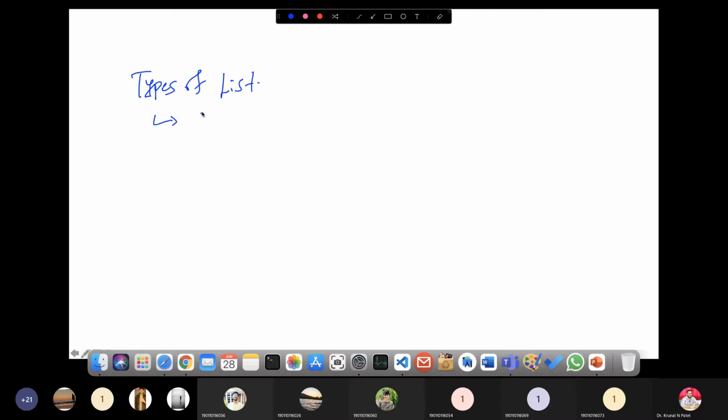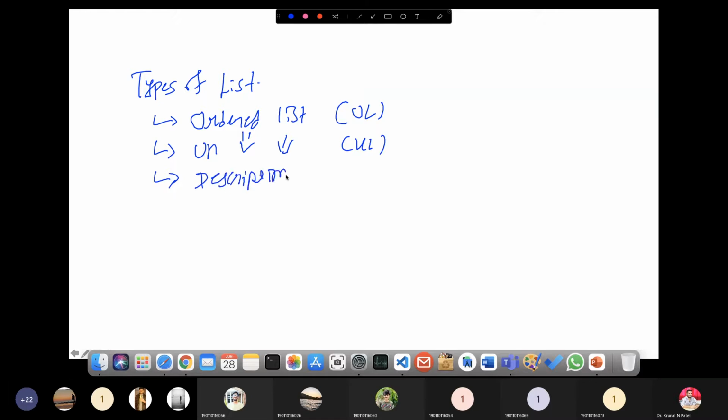We talked about the ordered list, denoted by OL, the unordered list, denoted by UL, and the description list or definition list, which is mainly denoted by DL.